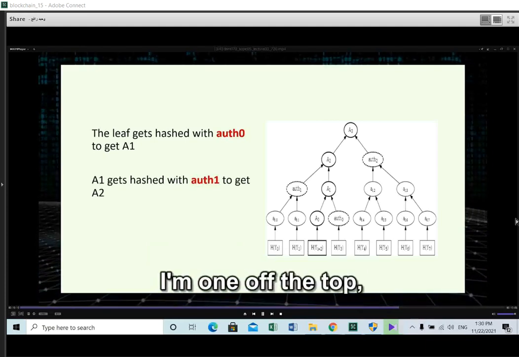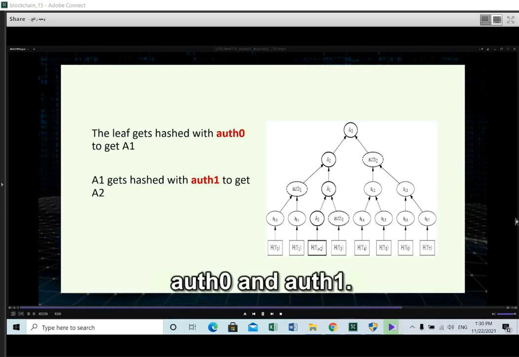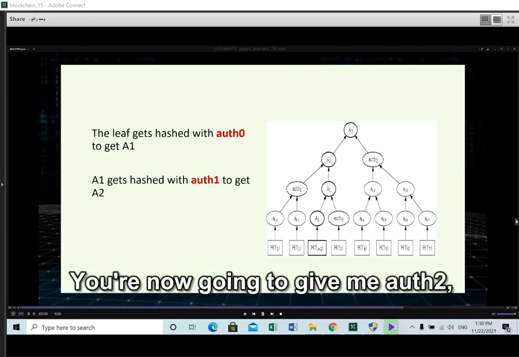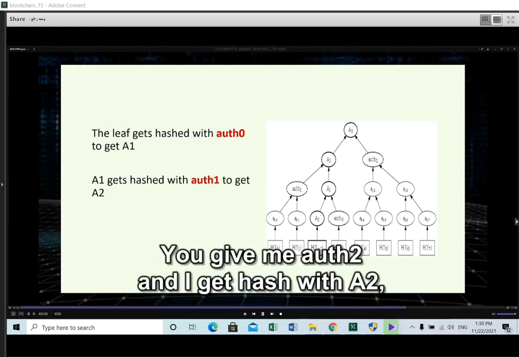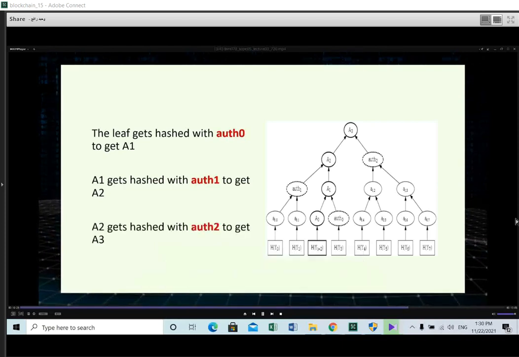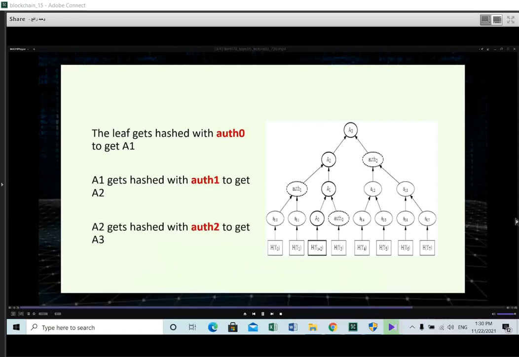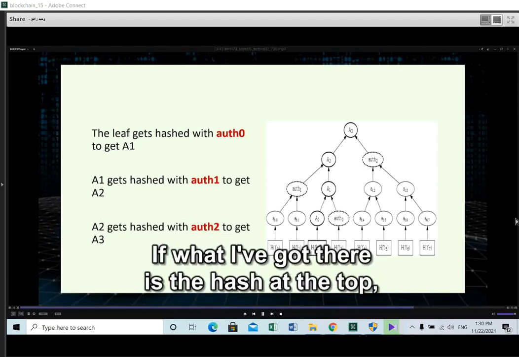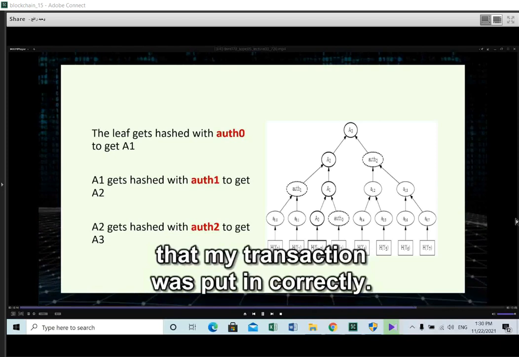Just by having those 3 other hashes, auth 0, auth 1, auth 2, I was able to check. So I just needed those 3 things. So instead of dealing with 8 things, I only had to deal with those 3, but that doesn't sound like a big difference, but once you get to 1,000, it's pretty big. So if I were doing the same thing with a tree with 1,000 leaves,